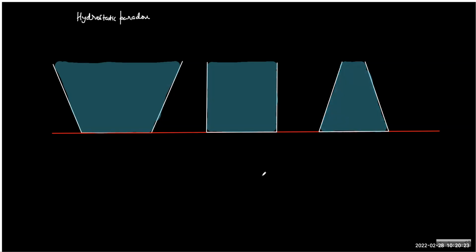Okay. So you can see here, we have three vessels with the same base area. So base area is the same in each case, but different size. So they can accommodate a different amount of water, but the height is the same again for every vessel. So what this paradox says is that if you connect every vessel,